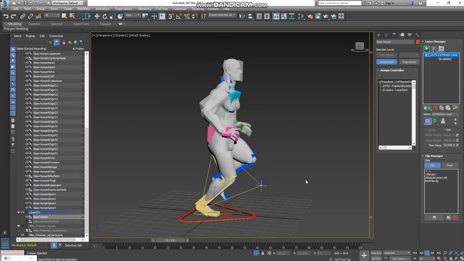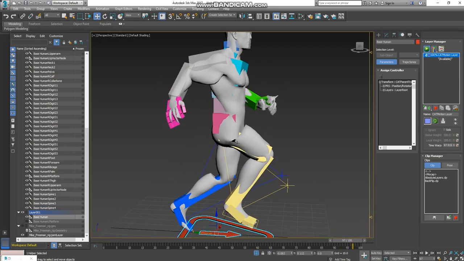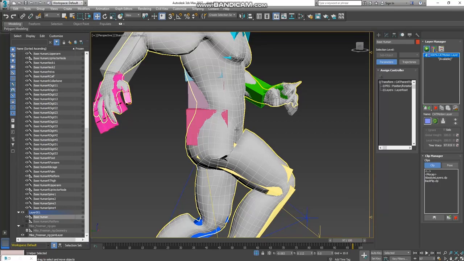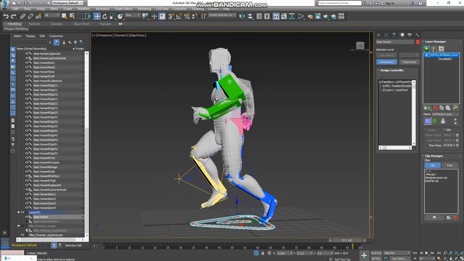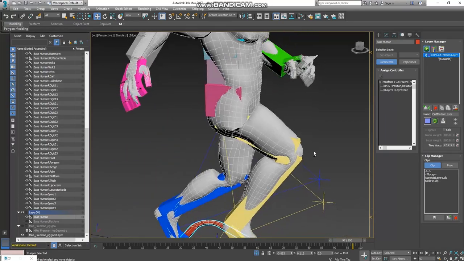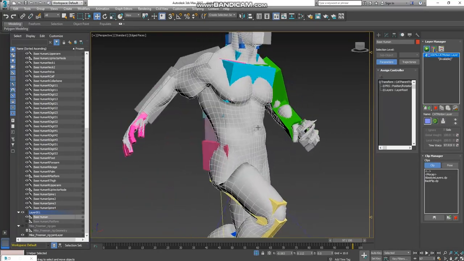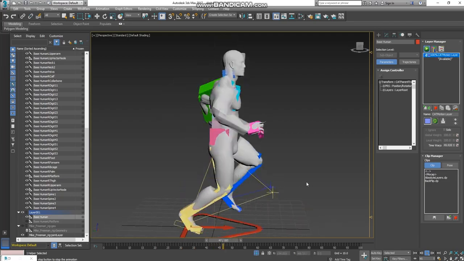There you go. So that's all it takes. Boom. Now all you'd have to do is come in here, hit F4, and you see these, you'd go down and grab these vertices and weigh them out to get this to kind of not look like that. Same thing here. So it's just these certain problem areas that you have to fix up. And once you get those all fixed up and you have a model that looks good enough for your game,